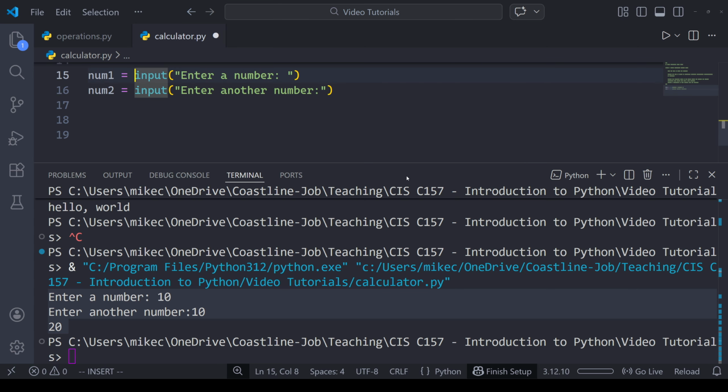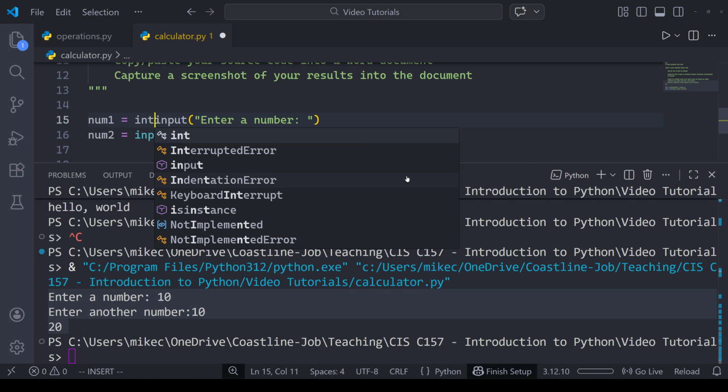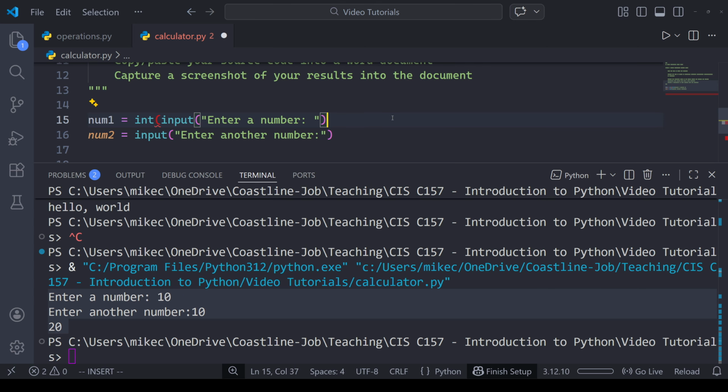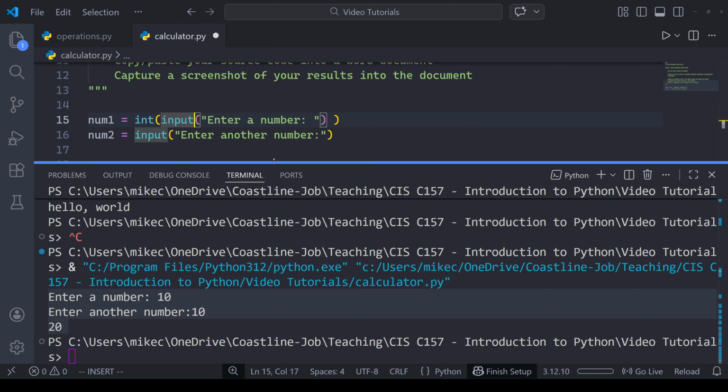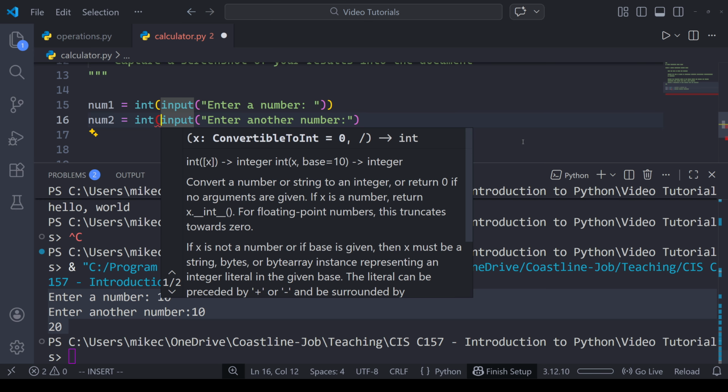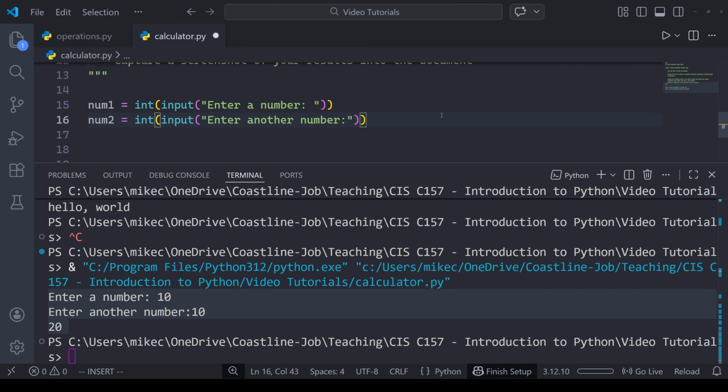So what I mean by that is, in front of input, if I type in int and then open the parentheses, and I have to put another one at the end, I'll space this out so hopefully it looks a little clearer. What we're saying is, run input first and get the result, and then whatever that result is, apply this int function to that result, and then return that final value and store that in num1. Okay, so it's just a shorthand to do this all on one line. So again, I'm just going to wrap the whole input function in int, just like this. And I'll demonstrate one more time.